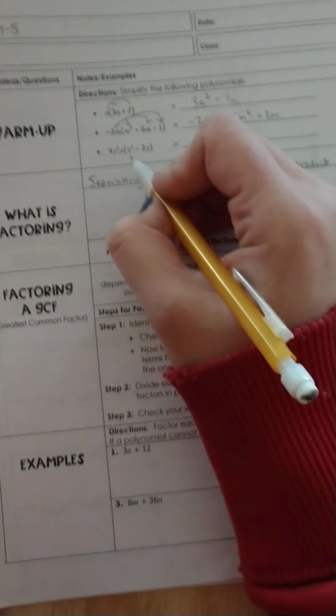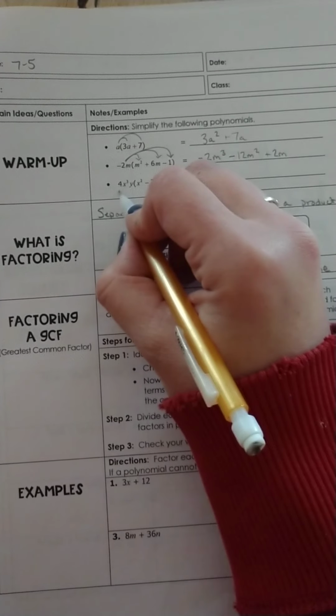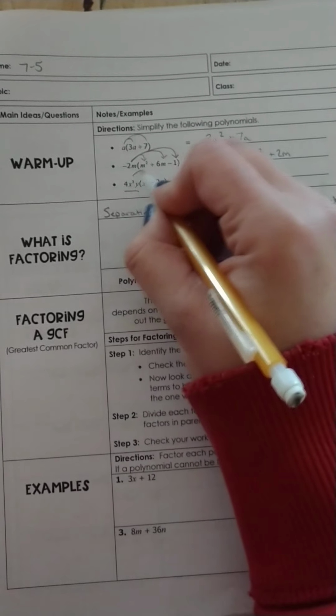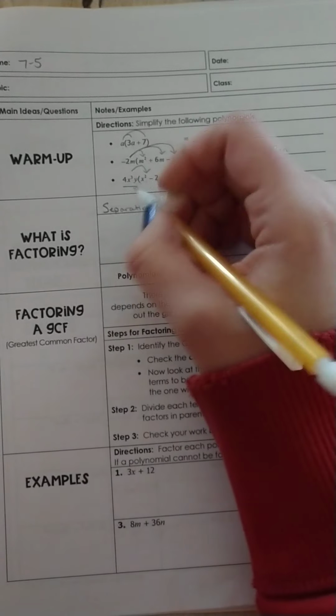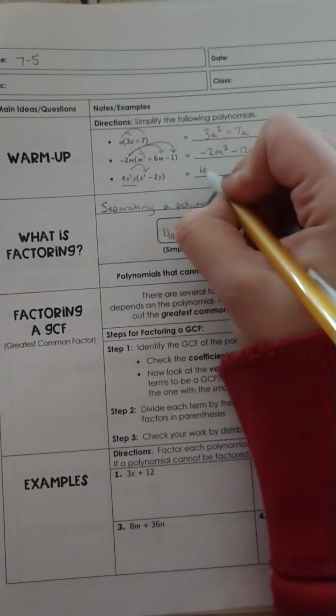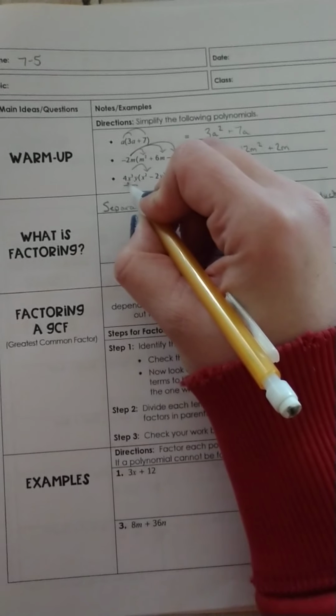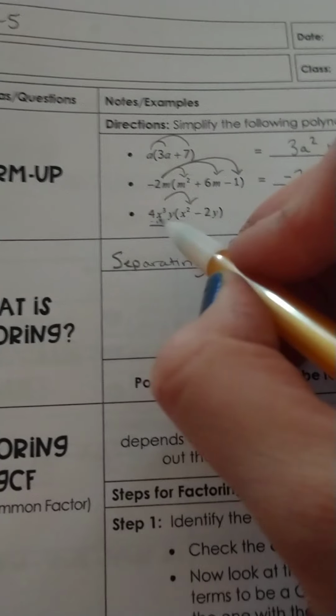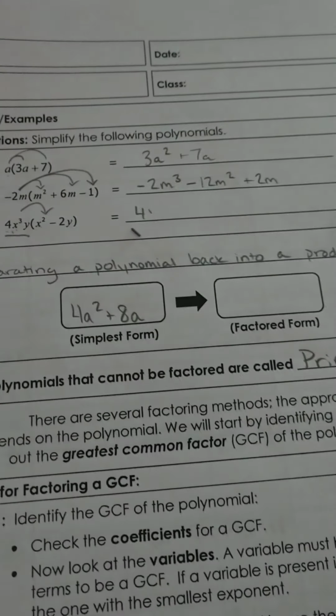And this last little warm-up example, you're distributing 4x cubed y to x squared and negative 2y. But first things first, 4 times no number is 4. If I've got 3 x's here, let me zoom in just a little bit. If I've got 3 x's here and 2 x's here, that means I have